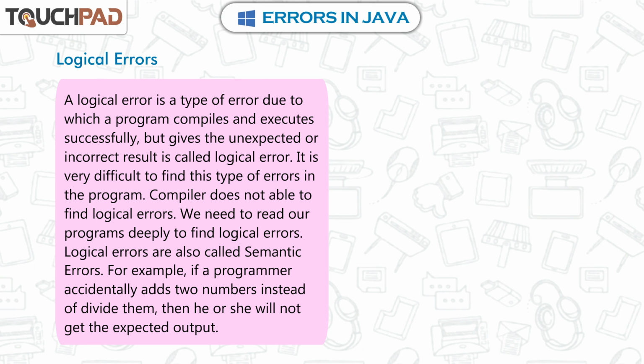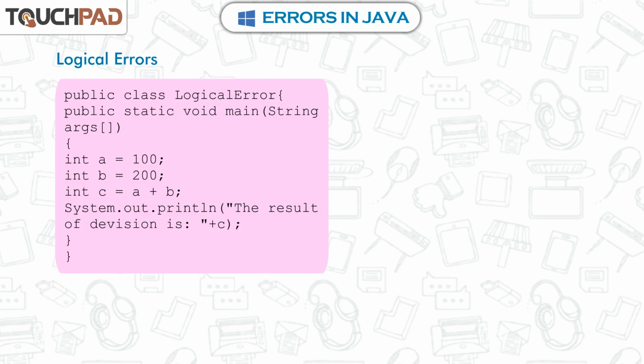For example, if a programmer accidentally adds 2 numbers instead of dividing them, then he or she will not get the expected output. public class LogicalError { public static void main(String[] args) { int a = 100; int b = 200; int c = a + b; System.out.println("The result of division is: " + c); } }